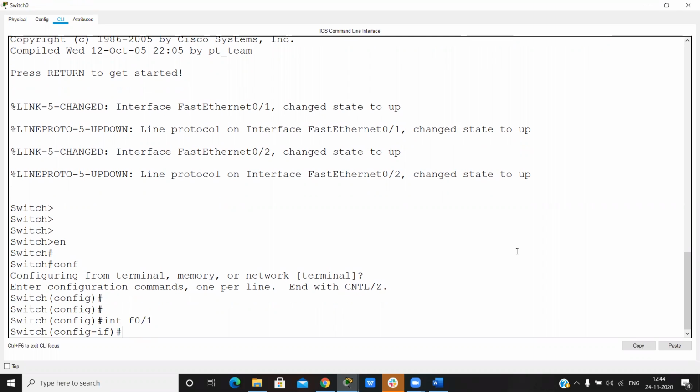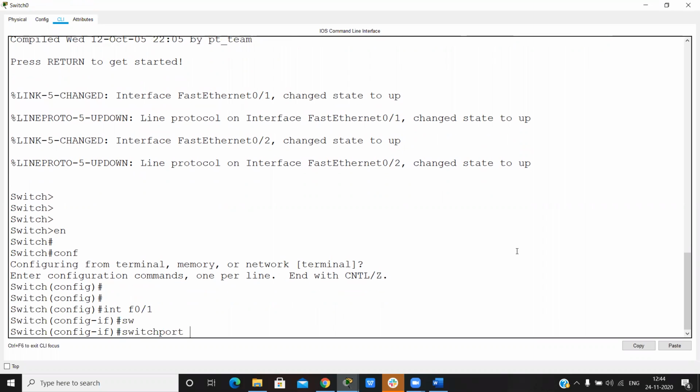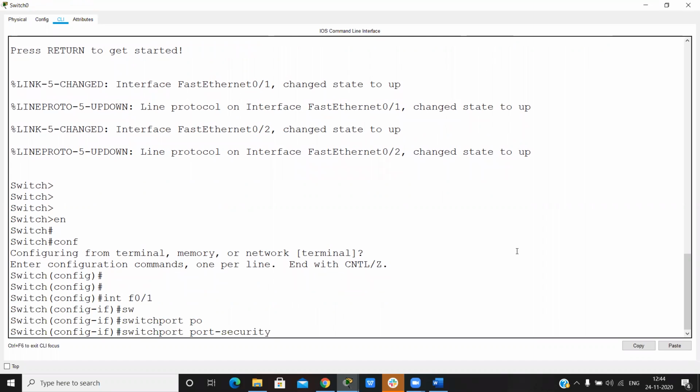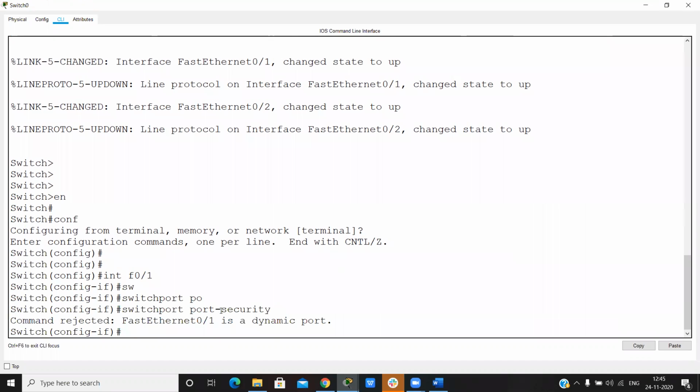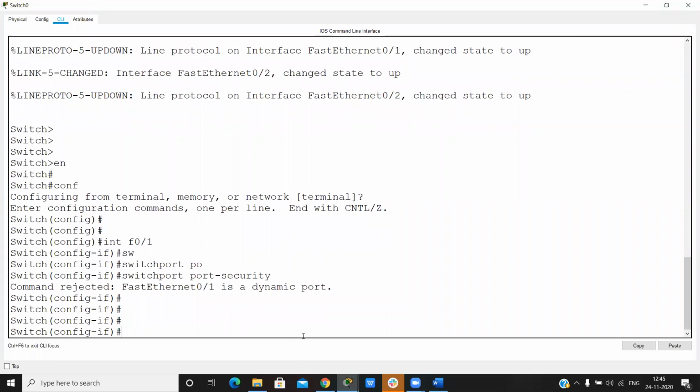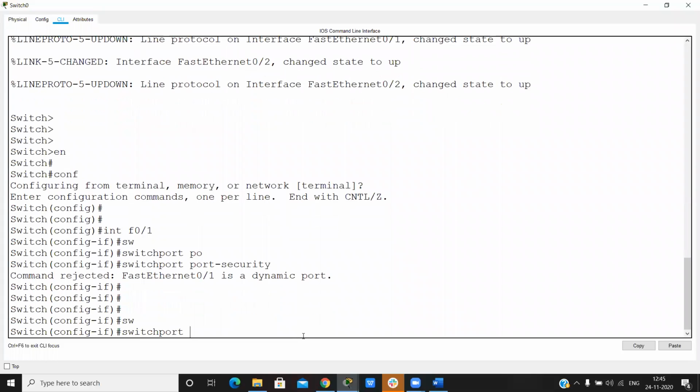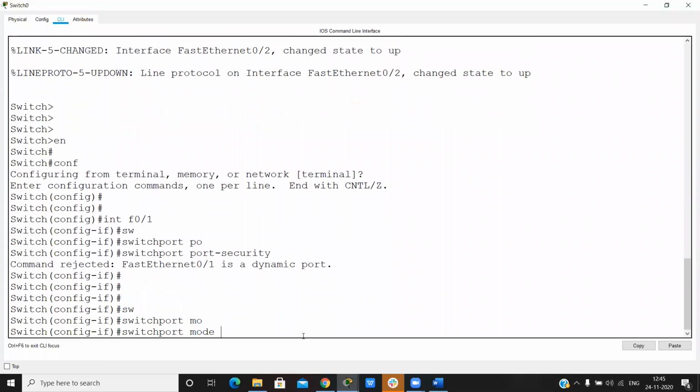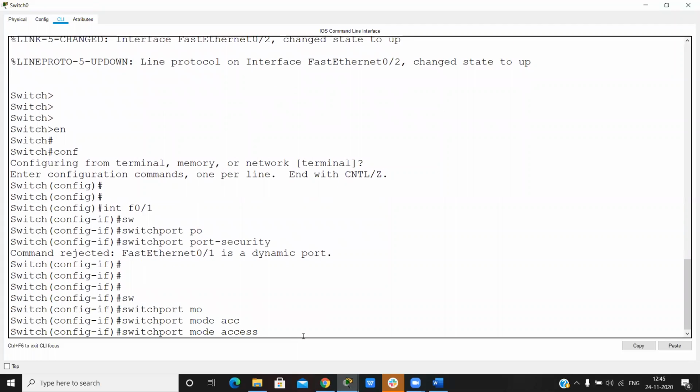If we run this command, it is rejected because FastEthernet 0/1 is a dynamic port. So we have to make this an access port where end devices are connected. I can run the command switchport mode access.